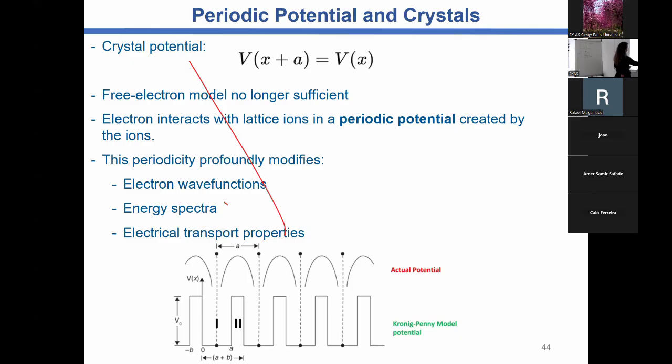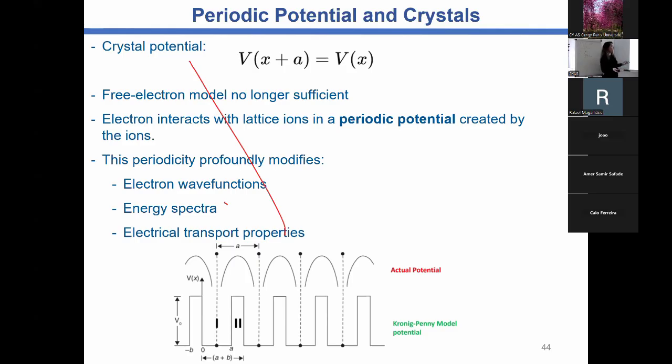So when we have the distance between the atoms, it will have some barrier that will prohibit the transition of the electron, and we can go to another site just with energy sufficient to overcome this potential barrier